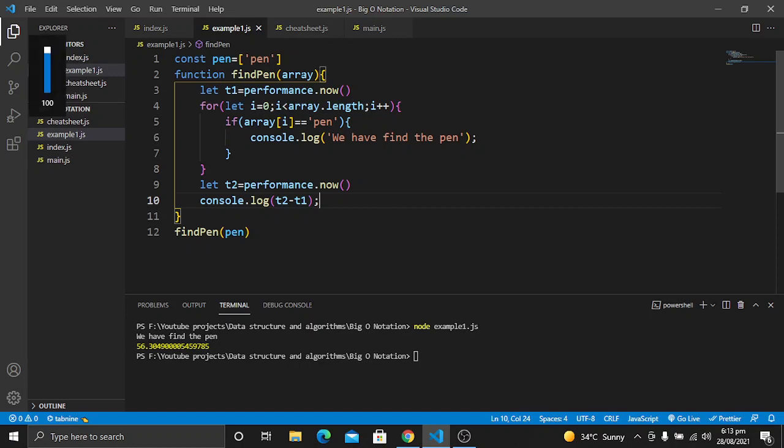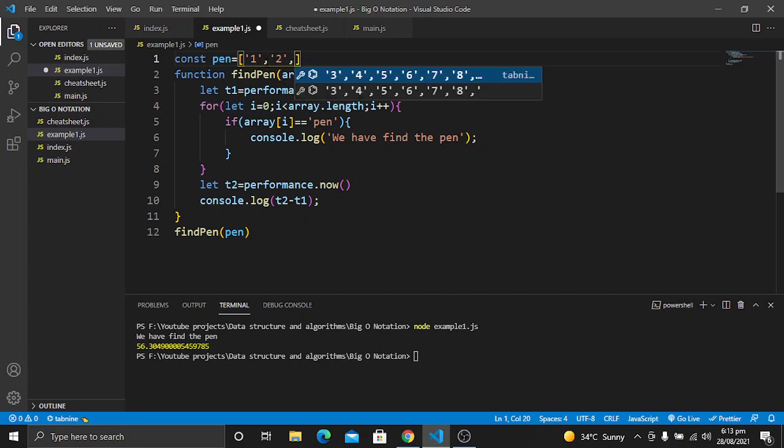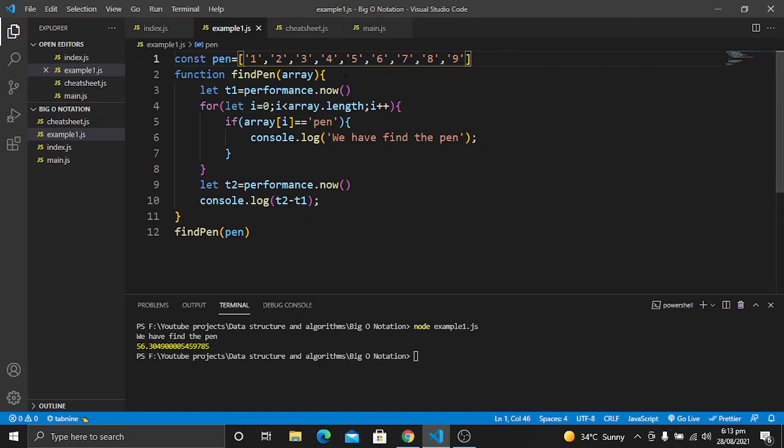So let's create a bigger array which will contain more items. For example, it will contain 1, 2, similarly up to 9. We want to find the 9 here. So let's change the name to find9, and here also change the name to find9.